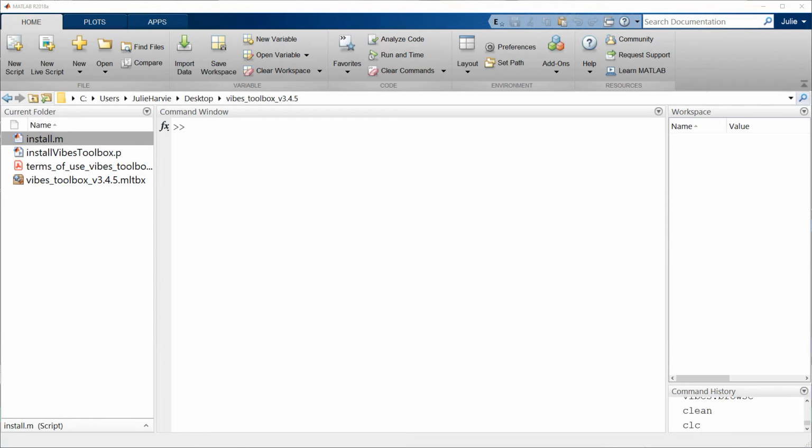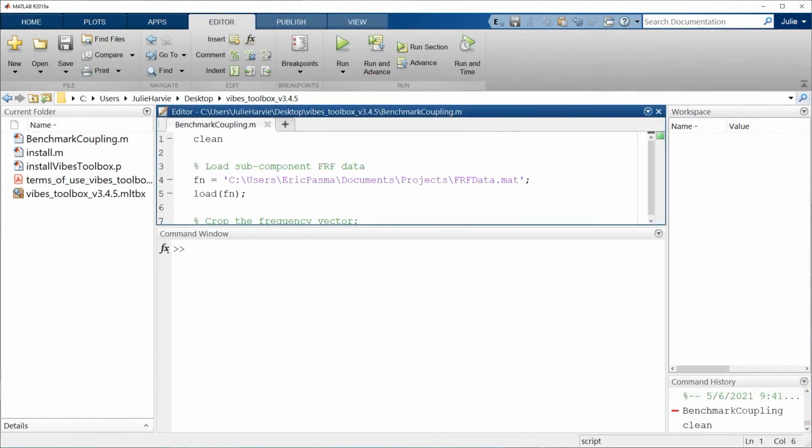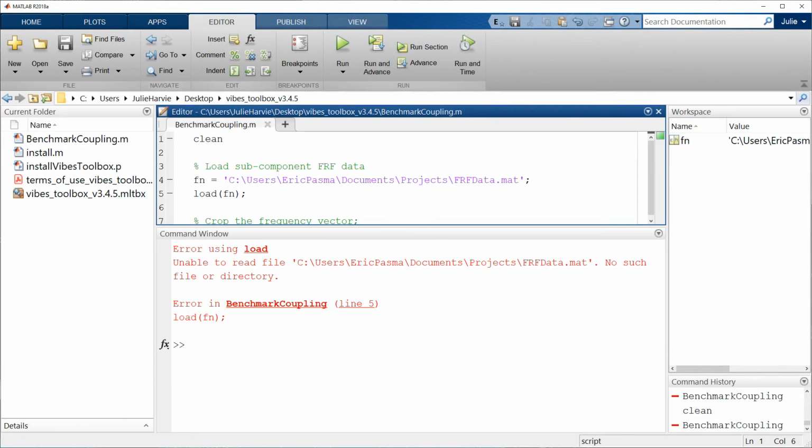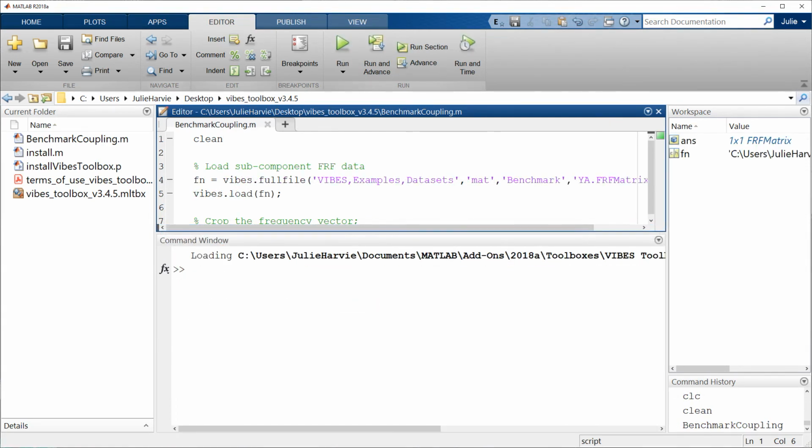In the toolbox, we use repositories to manage data and enable people to work together more easily. We all know how annoying it is to try to run someone else's MATLAB script, only to get errors when it tries to load something from their C drive. So in our toolbox, we assign a name to that data path, and then put the name in the script. Then your colleagues can still run the script if they just set up the repository to assign the name to the right location on their machine.